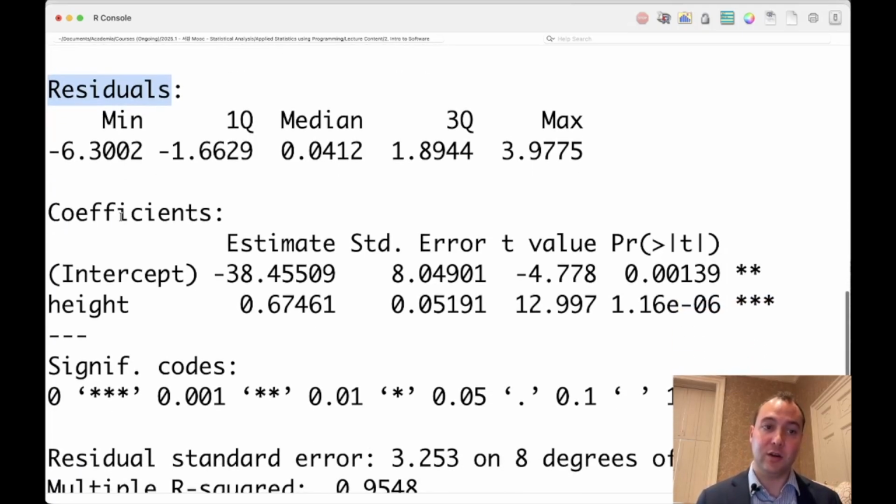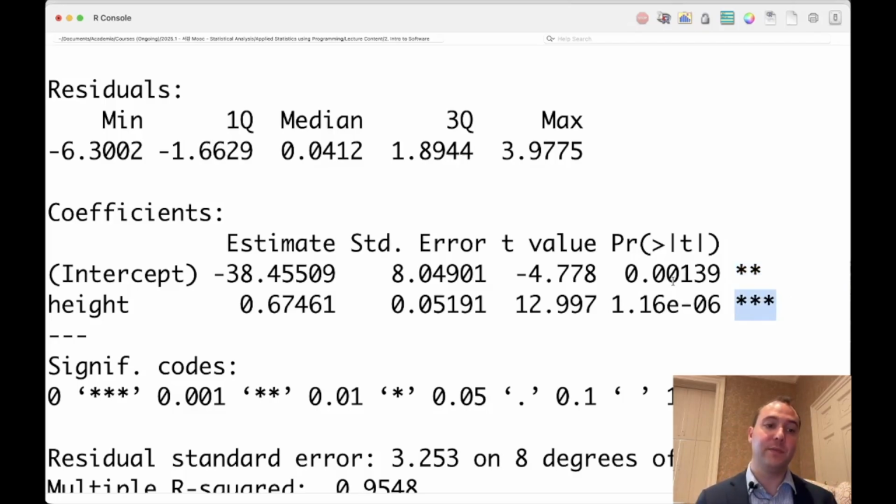If we come down here, coefficients tells us the relationship between height and weight, gives us an intercept. It gives us the standard error. It gives us a t-value, a statistic on the t-distribution. And then it gives us a p-value. This is the probability that that t-statistic is greater than a certain number. Then we get some little stars. This tells us whether our result is significant or not significant. If we see stars, the more